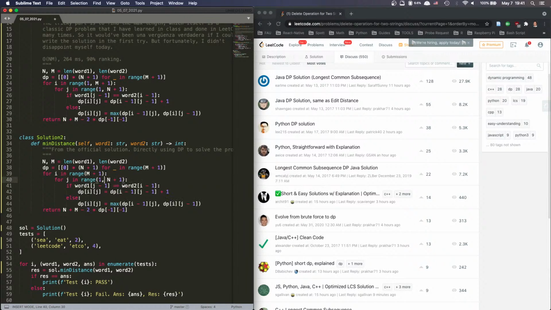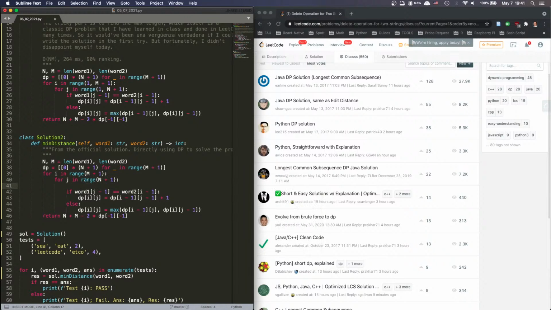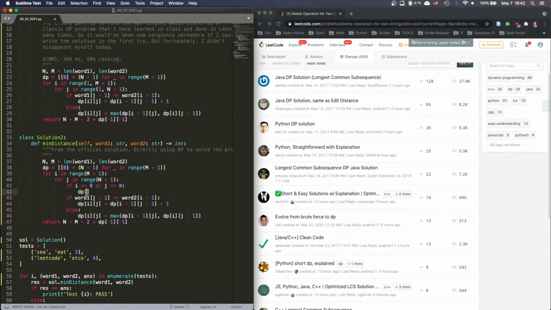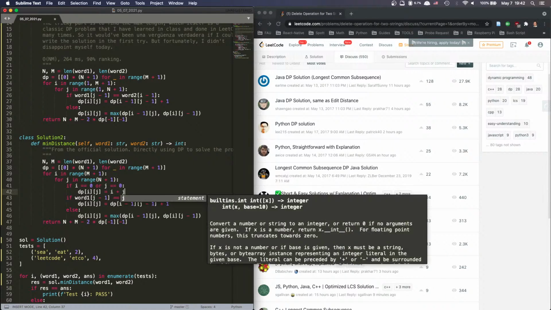So to go from 0, just say if i is 0 or j is 0, right? Either one is 0, then dp[i][j] will have to be equal to i plus j, right? Which means if one is the empty string and the other one is a full string, then the result is